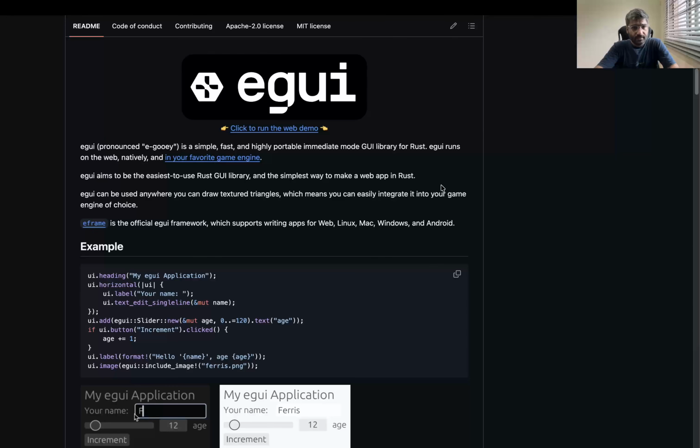Today, I'm so excited because we are going to talk about egui. And if you are looking to build desktop applications and you are in the Rust ecosystem, you might have heard about egui. Yes, egui is a GUI library. As you can see, egui is a simple, fast, and highly portable immediate mode GUI library. GUI stands for graphical user interface, and also